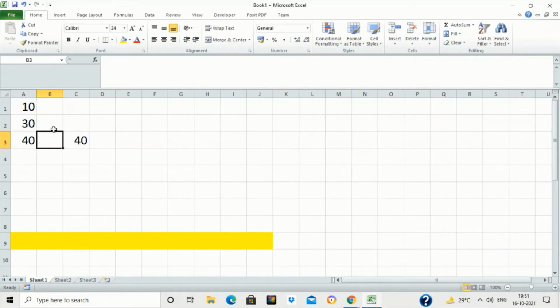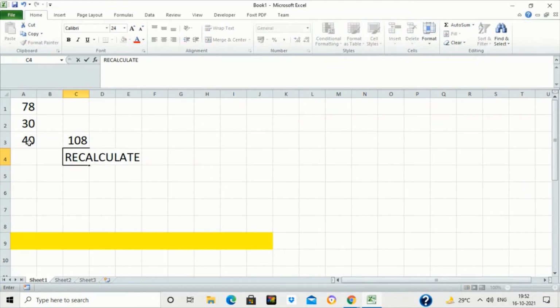So why should we use a cell address and not the value when we are writing a formula? Why is it preferable to use cell address in a formula instead of a value? The reason is, suppose my values change, like if instead of 10 I write 78 here, you can see the formula result has been updated automatically. But if you write the values, you cannot update the result like this.